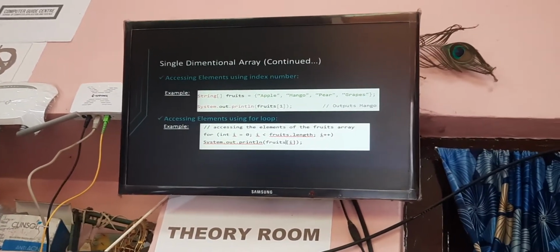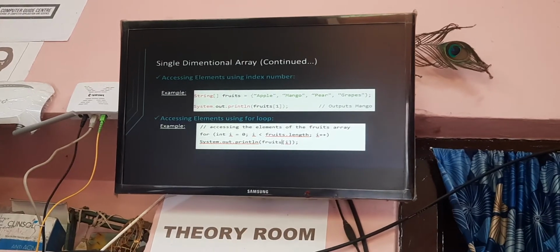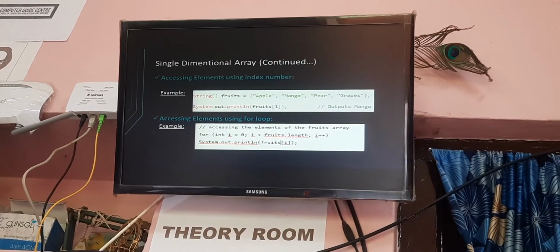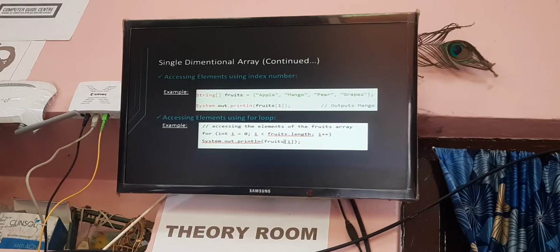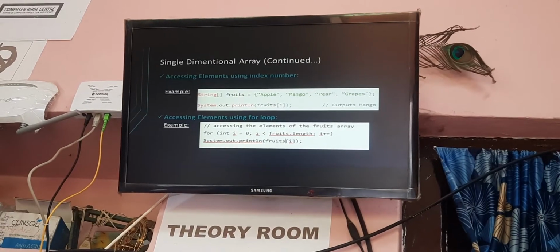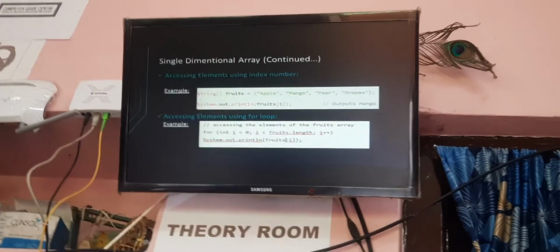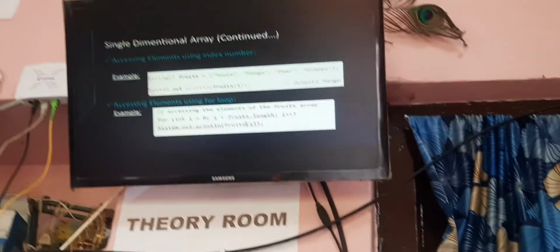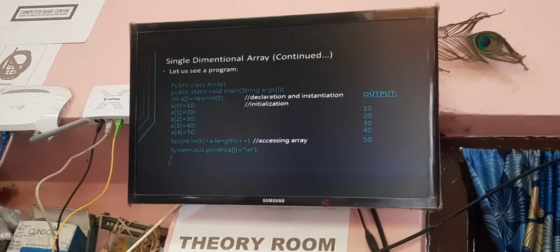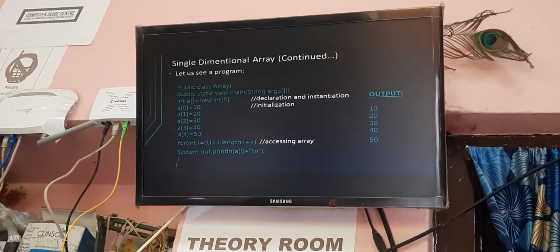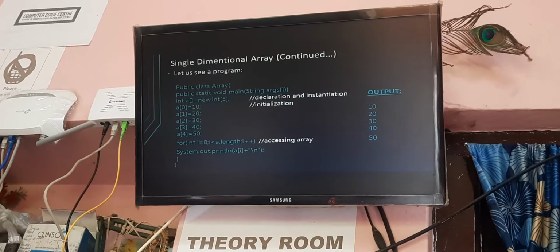We can access the elements using a for loop as well. So we are executing a for loop here with integer i equals 0, and it will continue till the length of the fruits array, and it will print all the values of the array elements continuously. Let us see a program where we are declaring, initializing, and accessing all the elements of the array.